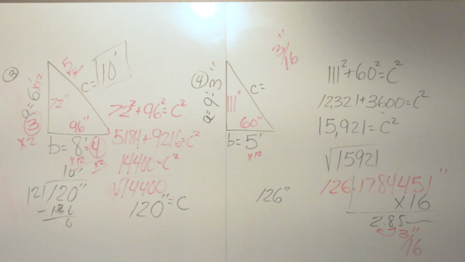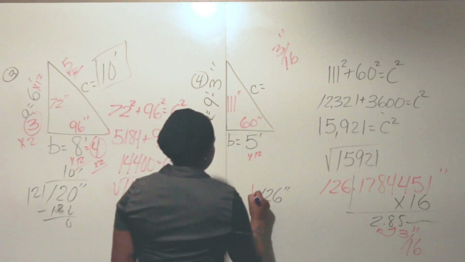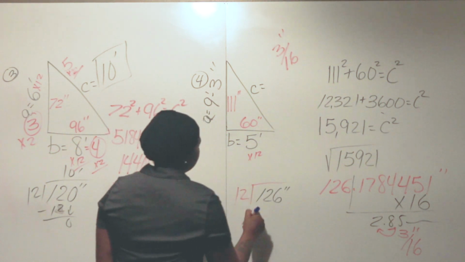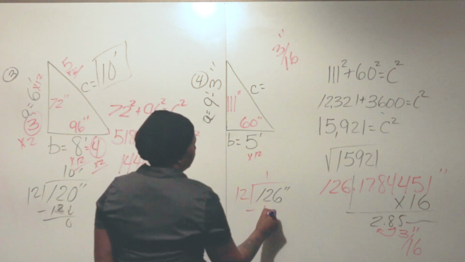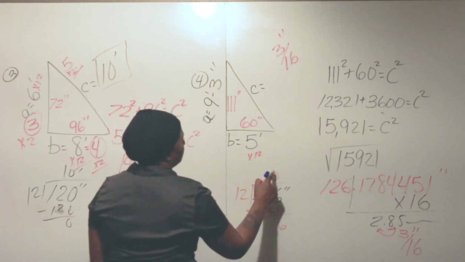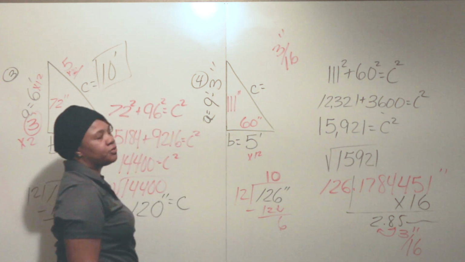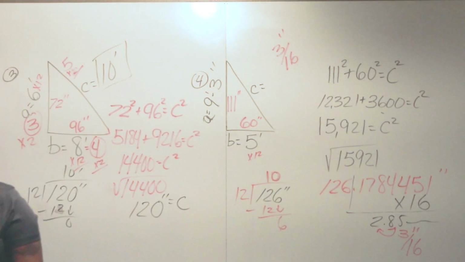How do I deal with it? 126 divided by 12. We can get 12 out of there, and you get 10 with 5 left over. 10 with what left over? 10.5. So if you're using your calculator to divide at that point,